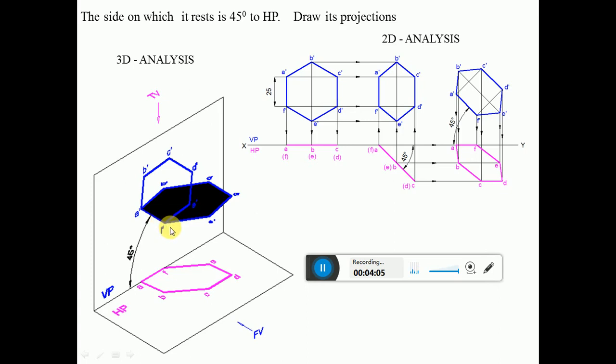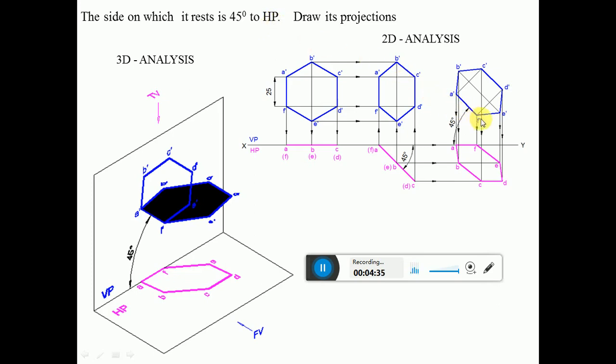So this is the inclination you are going to get with respect to HP, and this is the lamina in space. Now here also we can see in the third position front view. When AF is parallel to VP, you are getting the true length in VP, A dash F dash. That will be the length of the side, which is 25 mm. Since the inclination given is also 45 degrees to true inclination, on true inclination we are going to get the true length.